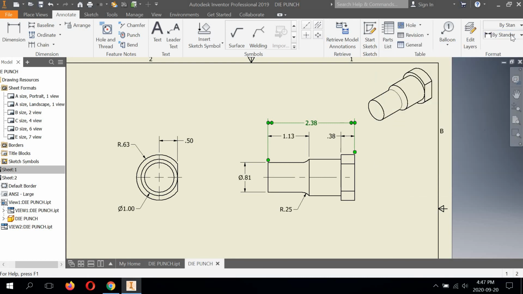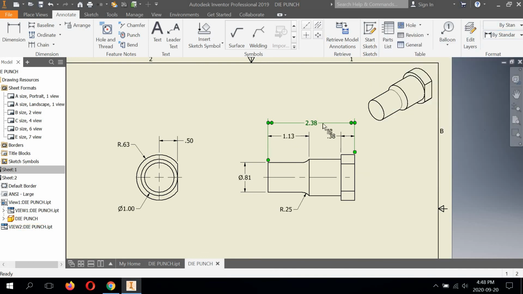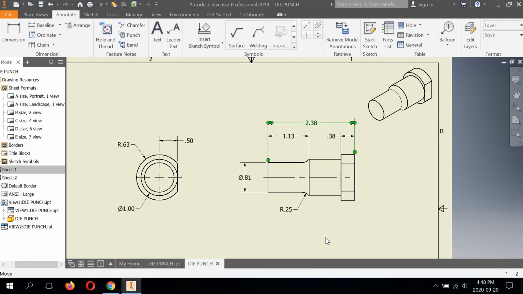So this is our standard dimensioning toolbar. We'll talk more about this later, but we can right click this and then go down to edit dimension style right here. Make sure you're out of the dimension tool when you do this. Left click edit dimension style,